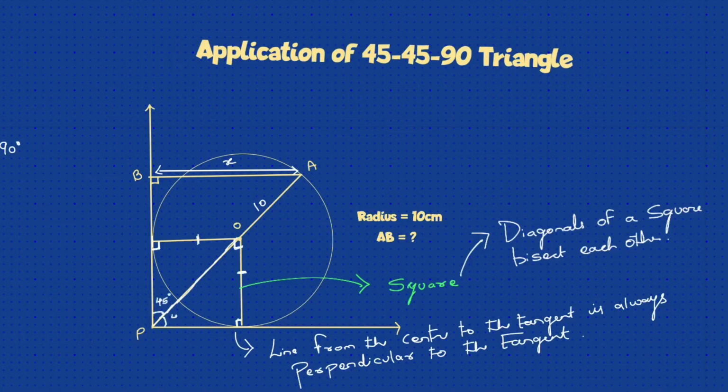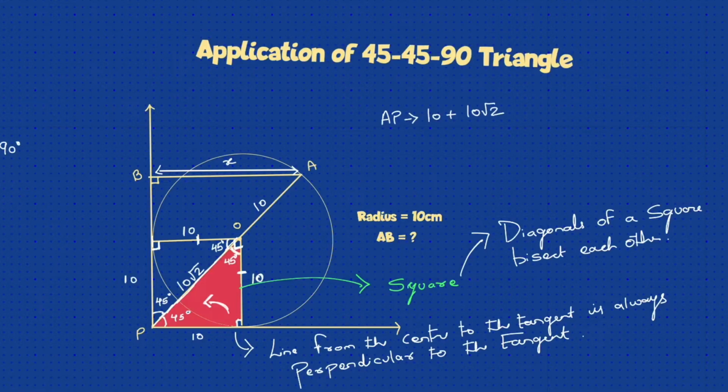So I know this one angle is 90 and this diagonal is an angle bisector, so it will bisect it into 45 and 45. Now if I take this smaller triangle given in red, I know that the two angles here are 45 and one angle here is 90. That's the application of 45, 45, 90. The side here is 10 because I proved this is a square. So I am being given the other two sides in this red triangle. What will be the hypotenuse? Multiply by root 2.